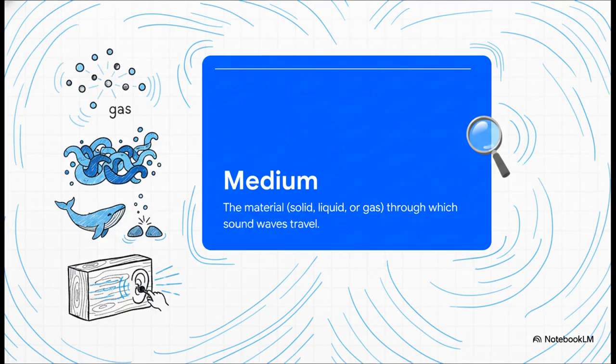For us, walking around on Earth every day, the most common medium is just the air we breathe, but it's not the only one. Have you ever been underwater in a swimming pool and heard someone clinking rocks together? Sound actually travels remarkably well through water. In fact, whales sing to each other across hundreds of kilometers of ocean using water as their medium, and it travels through solids too. If you press your ear flat against a wooden desk and have a friend gently tap the far end, you'll hear that tap loud and clear right through the solid wood.